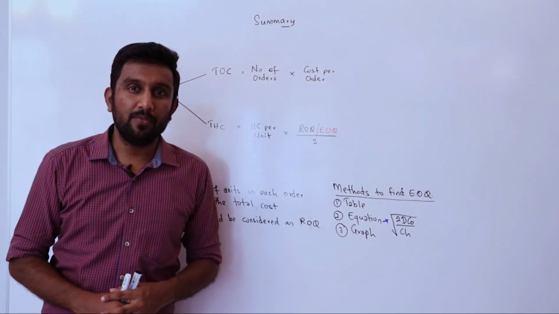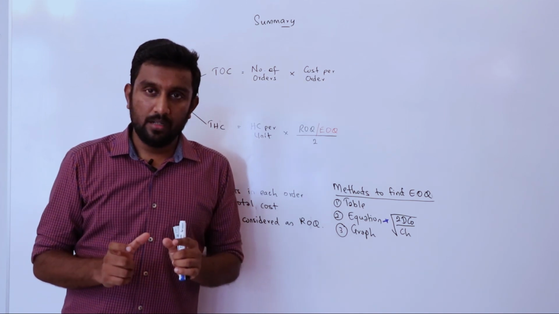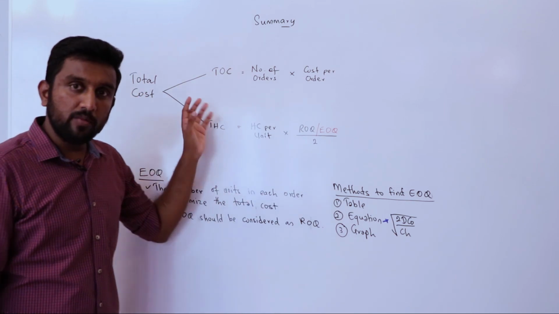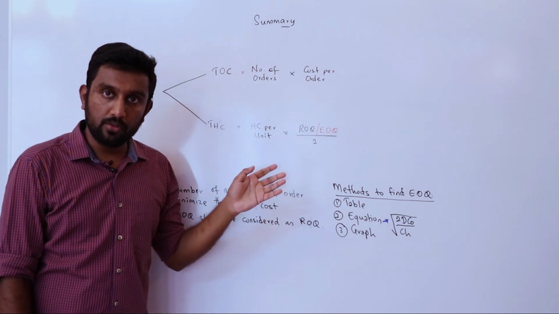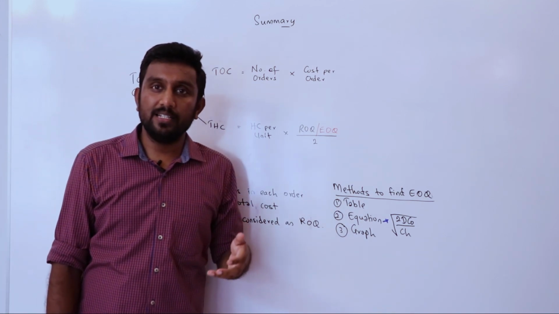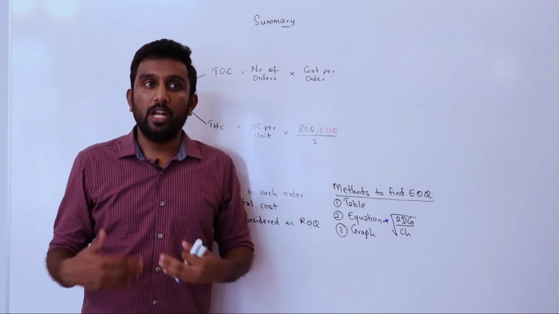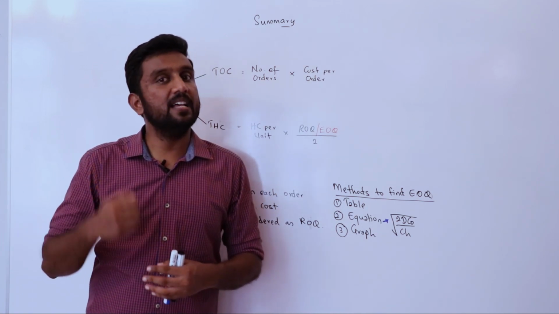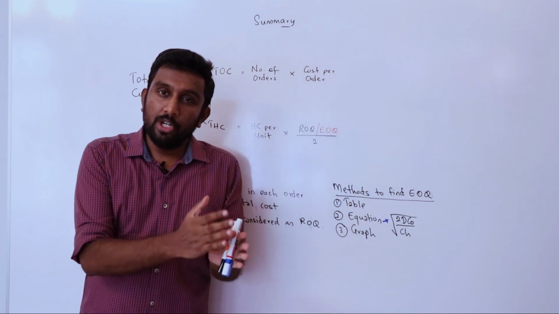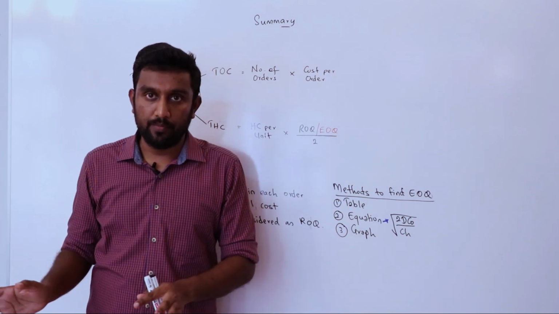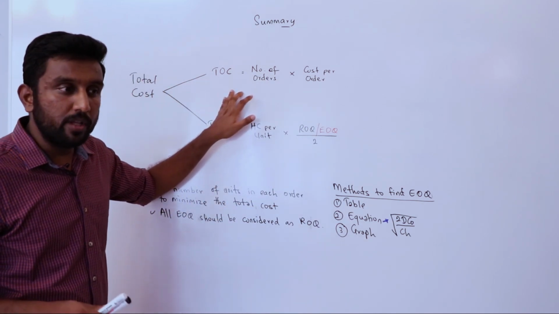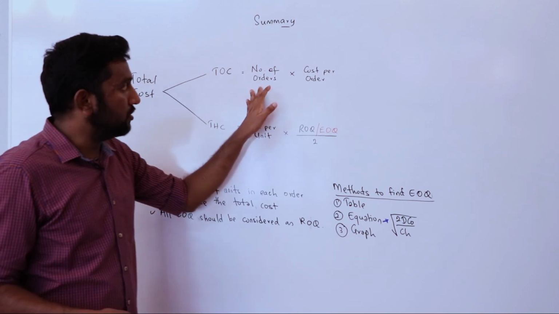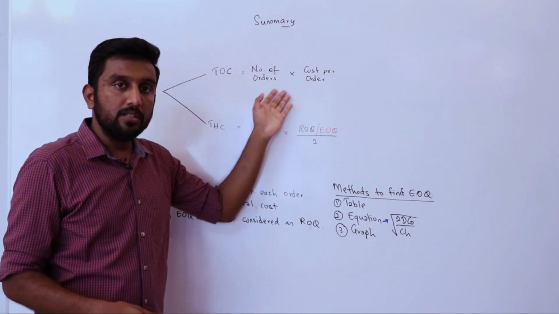So let's have the summary of what we studied. This is part 1, the first part of the material costing. There are two costs related to material costing, which are total ordering cost and total holding cost. When a business starts its operation, it doesn't consider EOQ. So whenever there is a request to purchase, the quantity they are purchasing is considered as reorder quantity. Therefore, reorder quantity is not EOQ. First one is total ordering cost. When they are making the order, the cost related to the order, the total ordering cost, equals number of orders into cost per order.